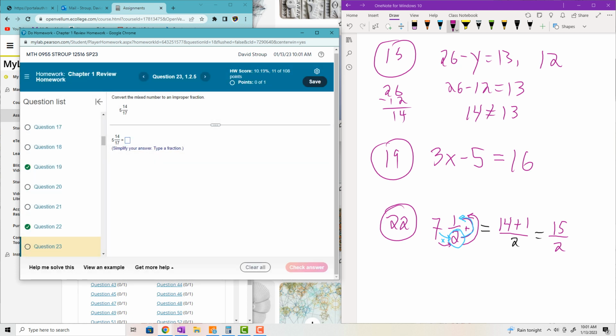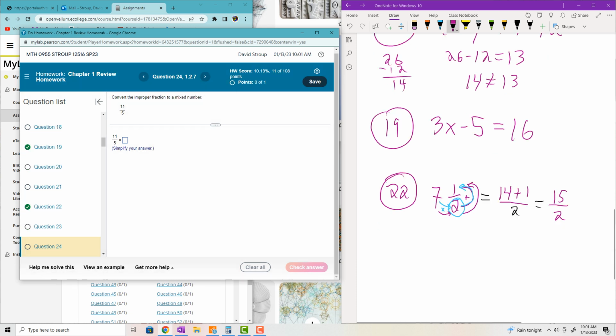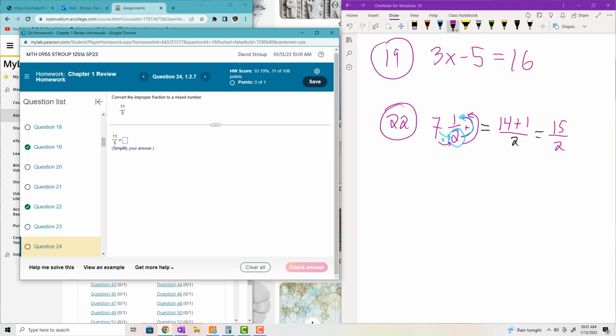So again, try to do these without a calculator. Just get used to it. Okay, so how do I convert this to a mixed fraction then? You have to do long division for these. So it's basically just saying 11 divided by 5. It's the same as 11/5. So 11 divided by 5. You're going to say 5 goes into 11 2 times. So 2 times 5 is 10. And then you subtract. 11 minus 10 is 1. So then you bring down,